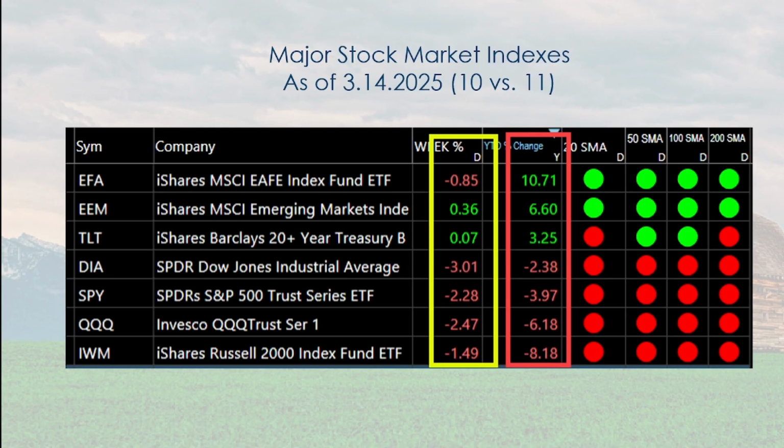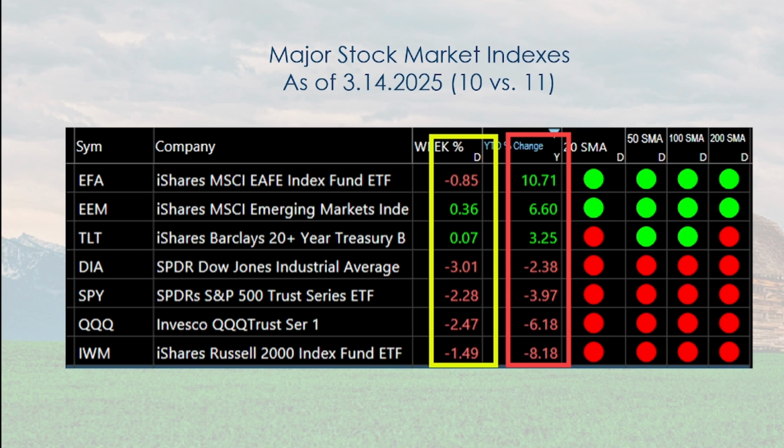The 6 are the U.S., the Dow, S&P, NASDAQ, and Russell, and then the foreign indexes are EFA, which is developed markets, and EEM, which is the underdeveloped countries, and then TLT for the government bonds. So this is ranked on the left side, from top to bottom, based on where those are year to date. Now, to the right of the names, you will see a yellow box and a pink box. The pink box is the year to date. So in that box, ordered from top to bottom, is where they are.